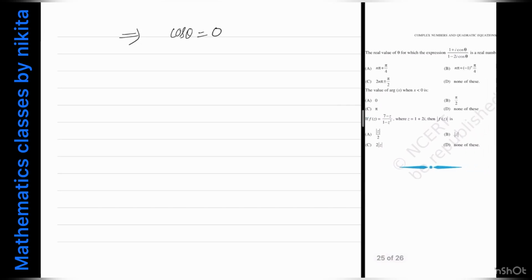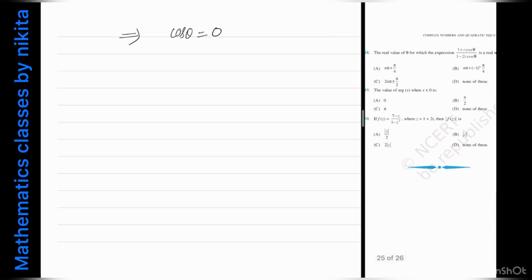So now you have to find the general value of theta, not the particular value. We know that cos theta is 0 when theta is pi by 2. Like this we have to find the general value. So this implies that theta will be 2n pi plus minus pi by 2. Okay, so at pi by 2 we know cos is 0. So if you add or you subtract any multiple of 2 pi, you will get 0 only. Okay, so this is the correct option. So option C is my correct option.